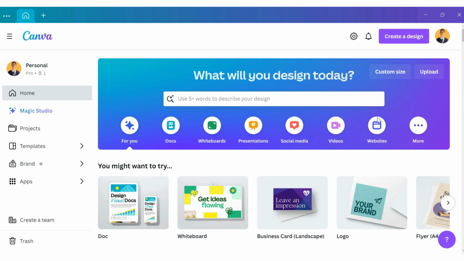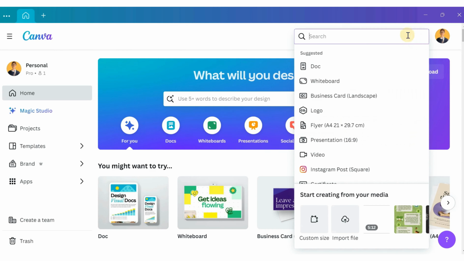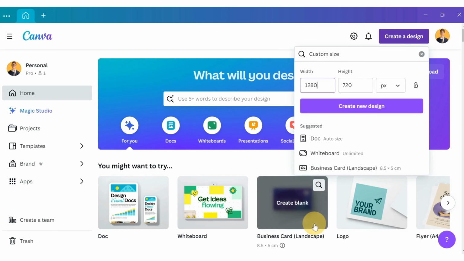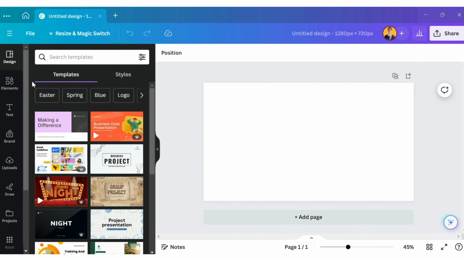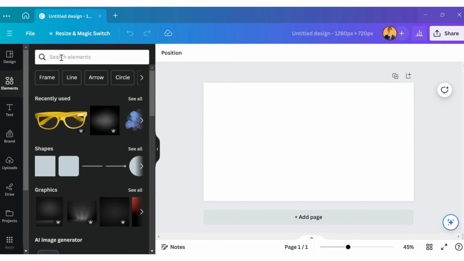Let's get started. Click on Create a New Design and go to the Custom Size option here and select 1280 by 720 pixel and click on Create a New Design. Now we have a blank template open on the Canva screen. Go on the left hand side and click on Elements